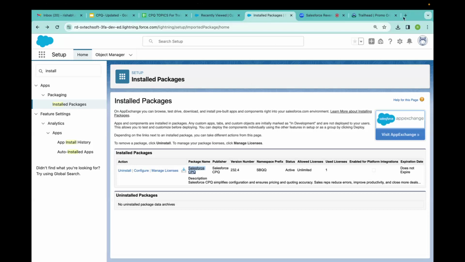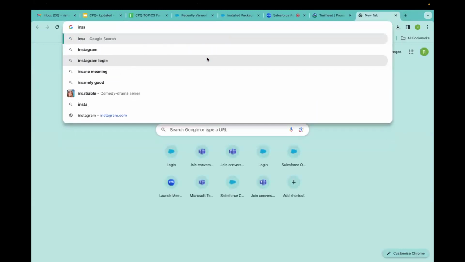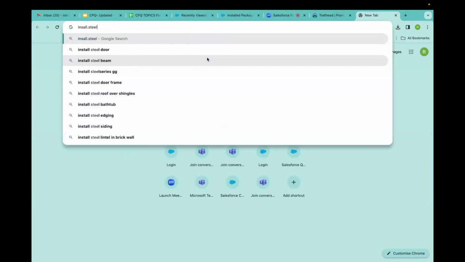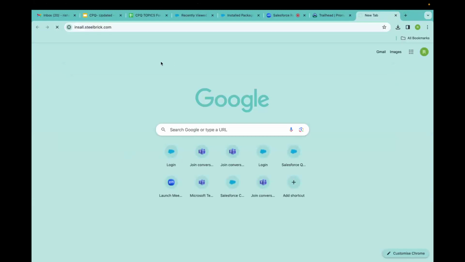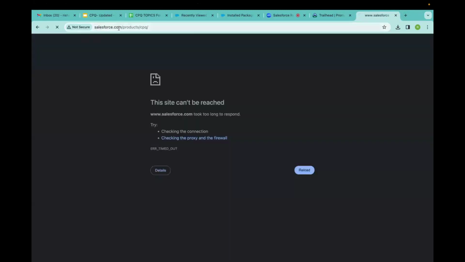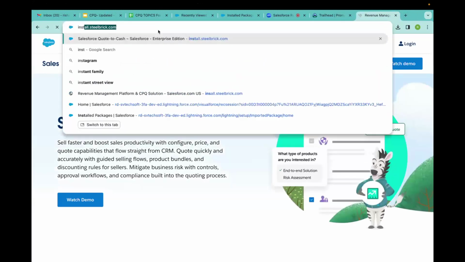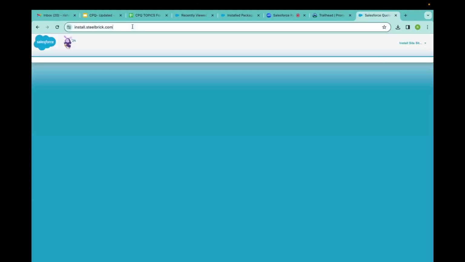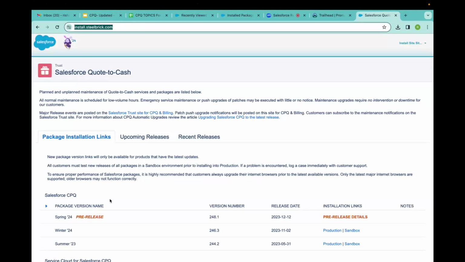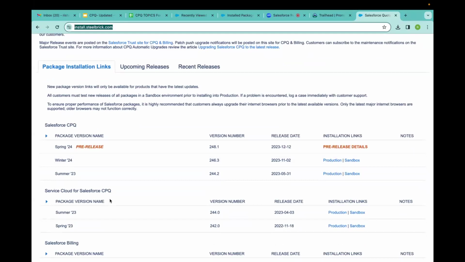So there are some ways, let me show you. install.steelbrick.com. You can also use this link to install the package directly in your existing developer org. But I would not suggest doing this, because the first thing is, if you install the package